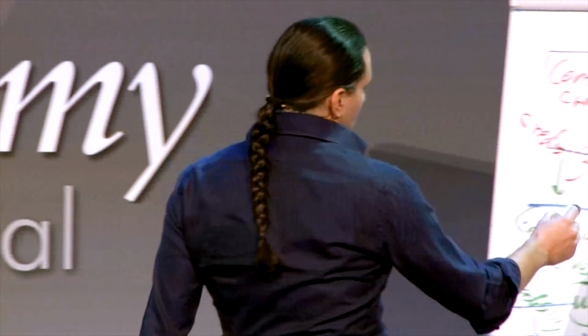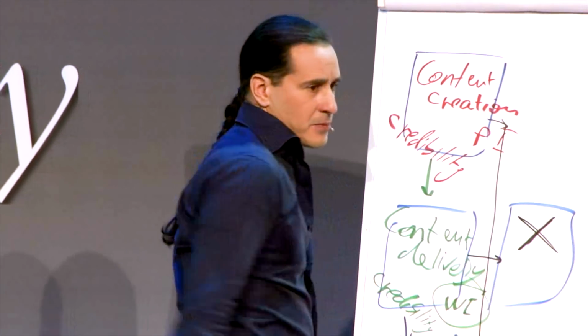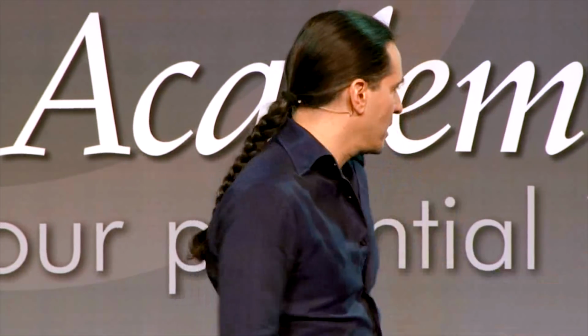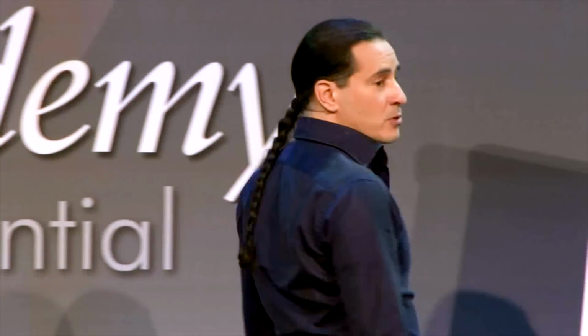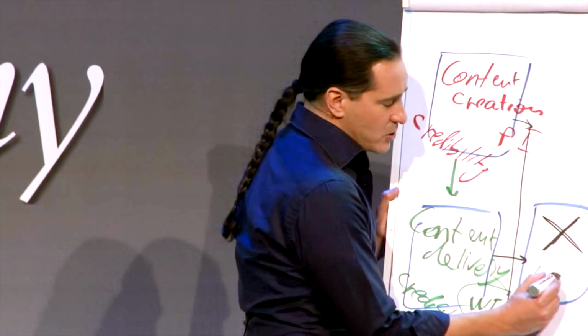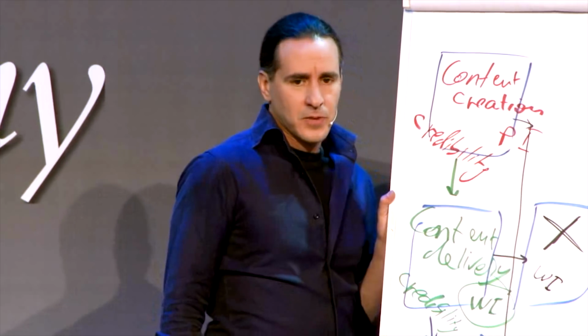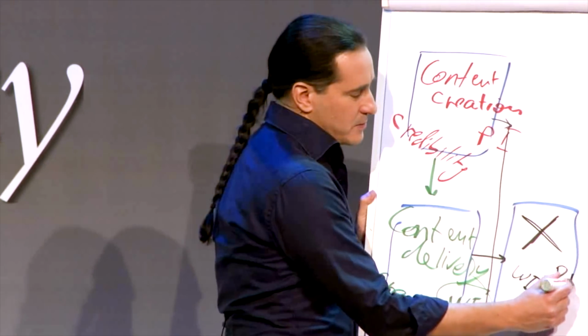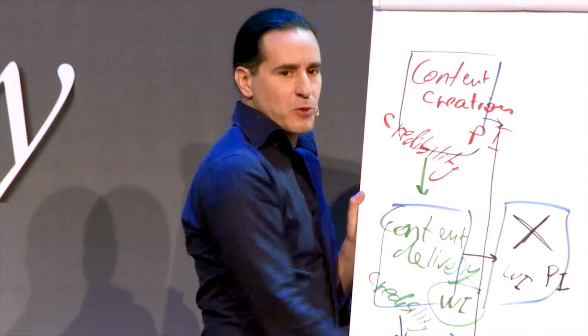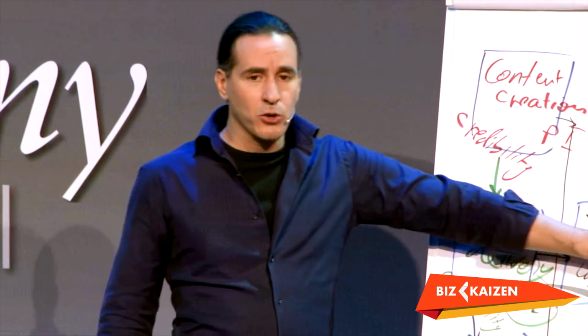X in the sense of multiplier, right? In Dutch, you also use X in math terms as a multiplier. You say 7 times 3, it's 7x3, right? That's how we do it also in Hebrew. So that's your multiplier. And this is very, very, very important. Because when you have that, it starts multiplying two things in your business. One is called working income, and the other one is called passive income.